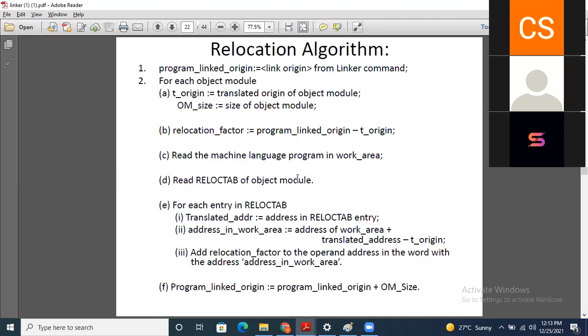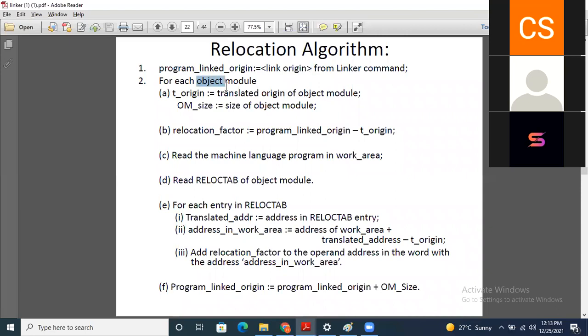Here you can understand it simply. Suppose the link origin is 900, that is assigned by the linker.